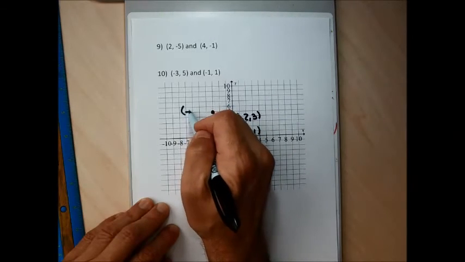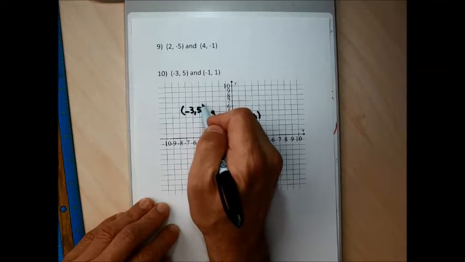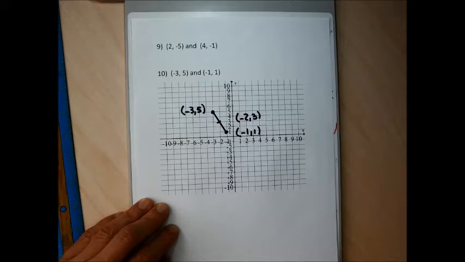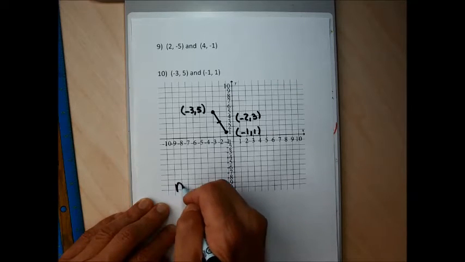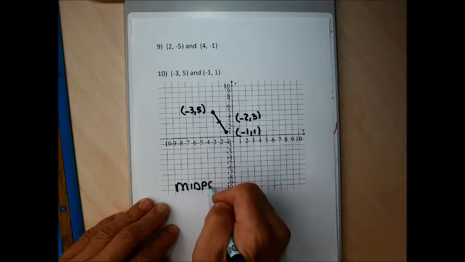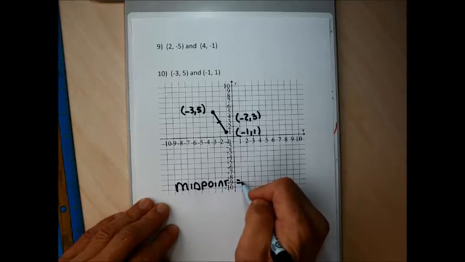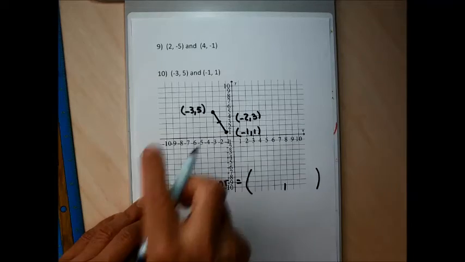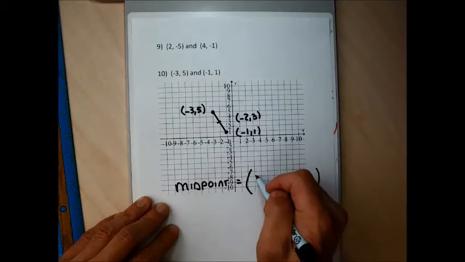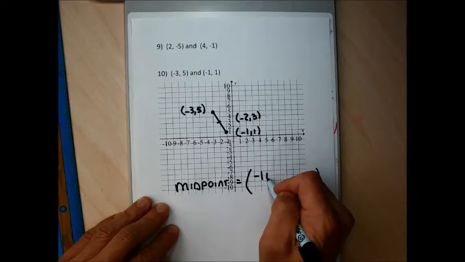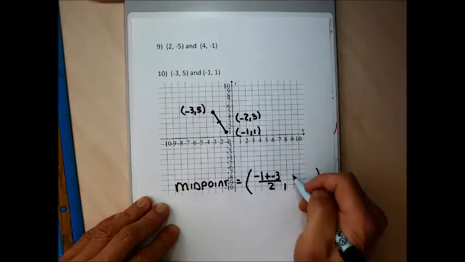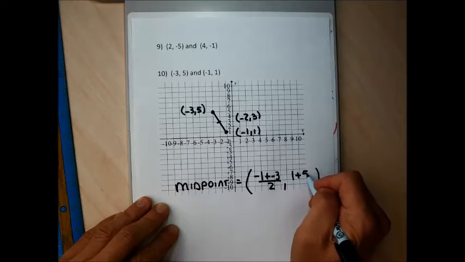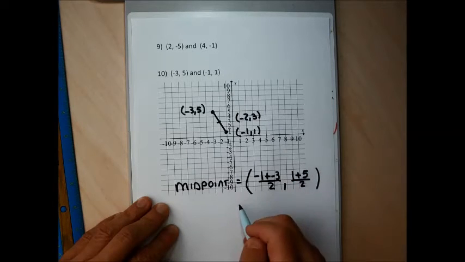But even with graph paper and a ruler, my graph could still be kind of cruddy. So let me try to confirm that before I say that the midpoint is actually that. So the midpoint can be found. It's a point, so I'm going to write a point. And the left-hand point, I add the 2 x-coordinates. The x-coordinates are -1 and -3, and I divide by 2. And I add the 2 y-coordinates, 1 + 5, and divide by 2. This is going to give me